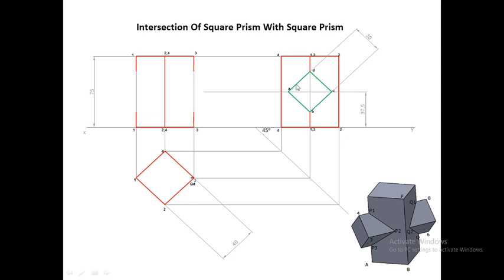Also in the question it was given that the axes of both the prisms are bisecting each other at right angles. So you can see here that the center of this square will be lying at a distance of 37.5 mm from this base. The total height is what? 75 mm. Since they are bisecting, half of 75 will be equal to 37.5. So in order to draw this square, you have to mark the distance of 37.5 mm from this base. You will get this point, and keeping this as the center you have to draw a square of side 30 mm.